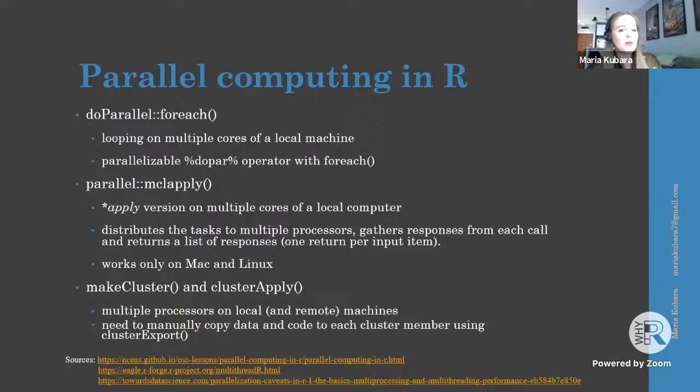There's also a third way with makeCluster and clusterApply, which is a more professional way. It gives more technical issues, but this is a very good way if you are trying to use some remote machines to speed up your work. So you can always look that up.